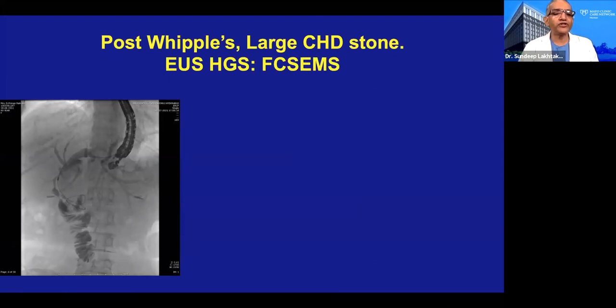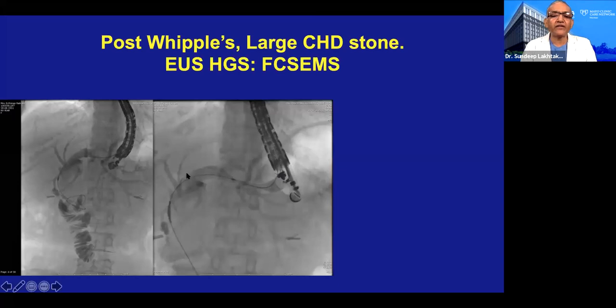And there was no way to reach because the loop was very long. The Roux loop is very long, and at enteroscopy we could not reach it. So we used EUS now. The option was to do a second surgery or do something more novel, and she was not willing for surgery. So we tried a fully covered stent first. So we punctured by EUS, passed the guide wire across the stricture into the jejunum, and then placed a fully covered stent,